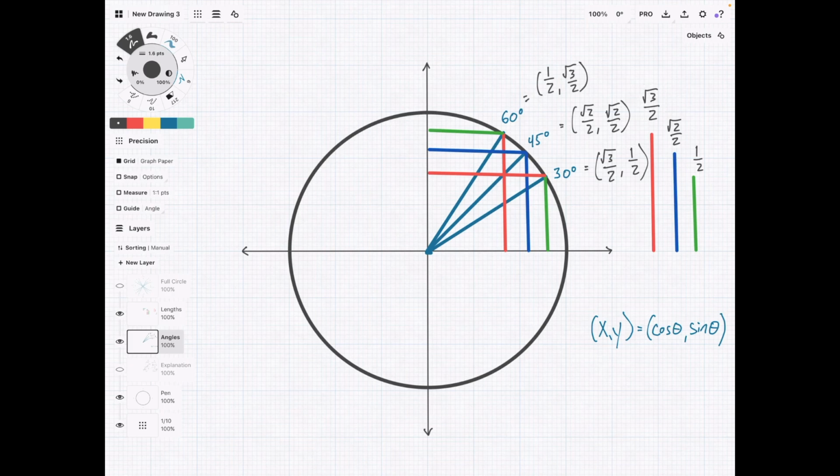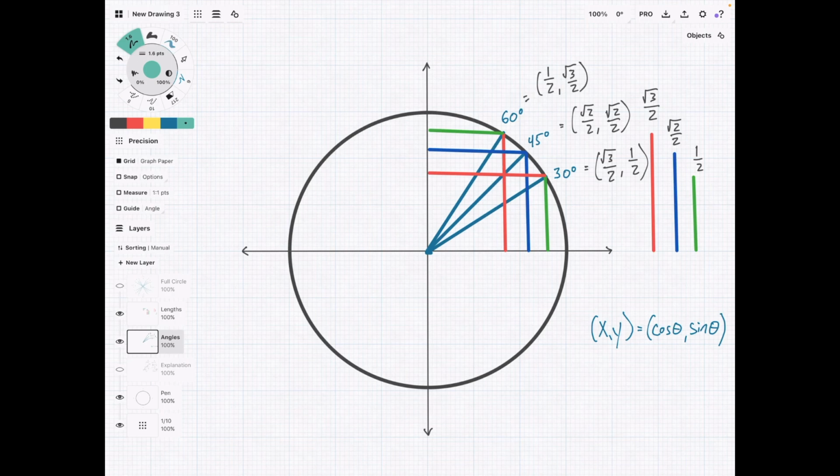Same thing for angle 30. The x value is this red line here, which is the long one, radical 3 over 2. And then the y value is the green, 1/2. So we have these three values. That's basically what we're just going to use everywhere. The only extra thing you need to know is that,